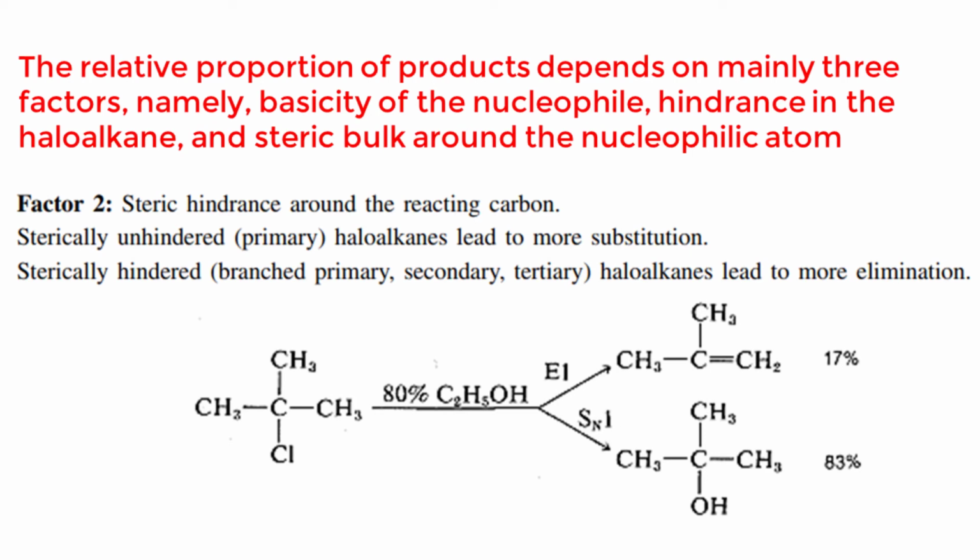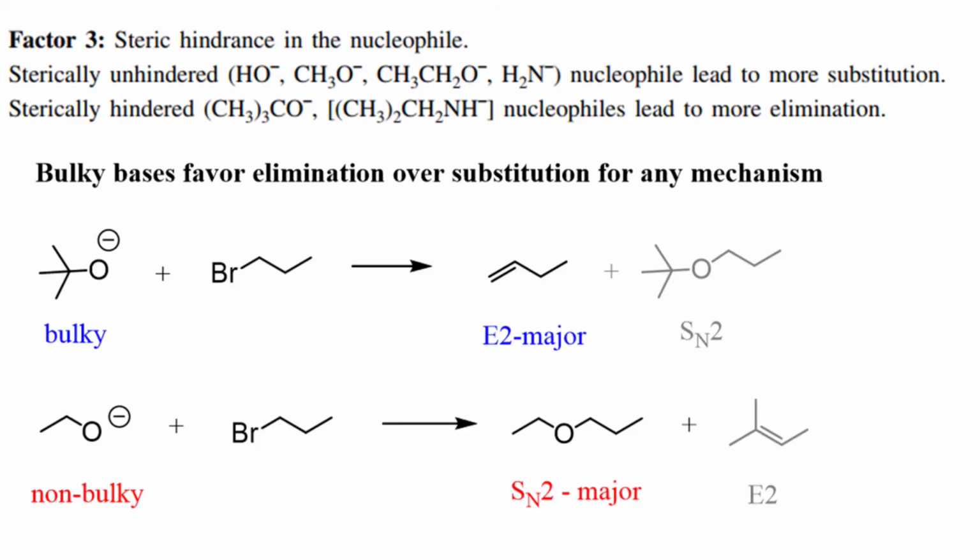And the last one that you want to know is steric hindrance of the nucleophile. Imagine you being a nucleophile and your size is too big, so you cannot fit into the place where a leaving group was sitting. So you will end up trying to be a nucleophile, but you don't have the place, so you will end up behaving like a base. So unhindered bases like OH minus or ethoxide will behave like a nucleophile because they have the space to sit in, whereas sterically hindered nucleophiles like extremely big tertiary butoxide, tosyl, all of these will try to behave more like a base compared to a nucleophile and give you the elimination product.